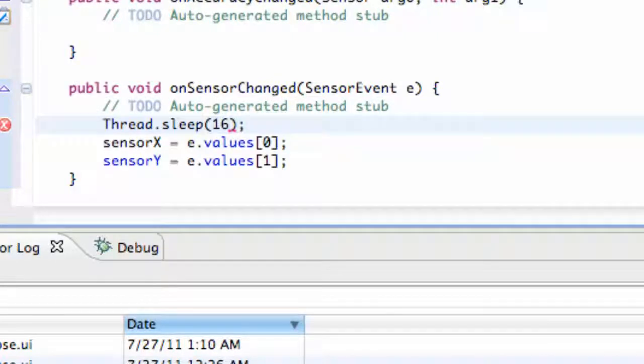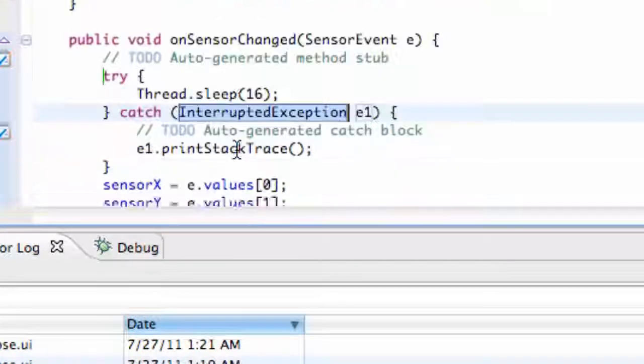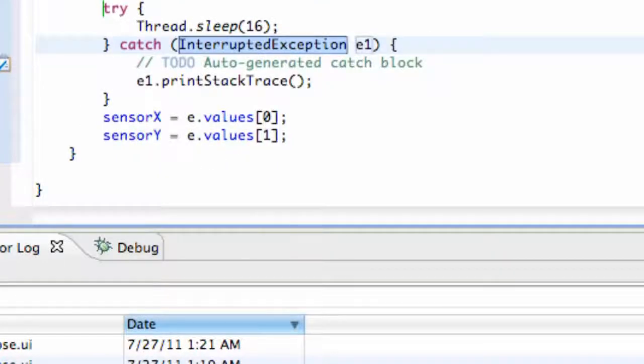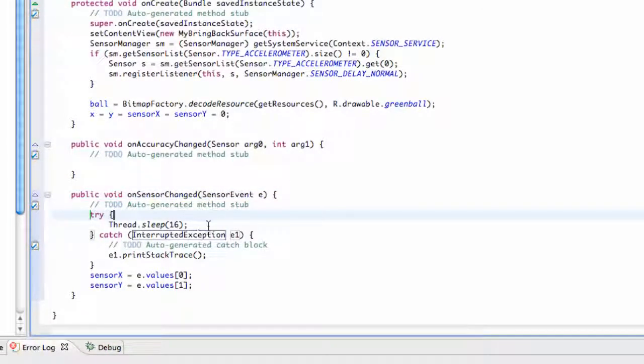16 is about 60 frames per second, and then we're just going to add a try and a catch around this sleep method here. So that will save us some processing speed, so it's not checking every time our sensor even slightly moves. But it's good enough, for example, 60 times per second to update basically our x